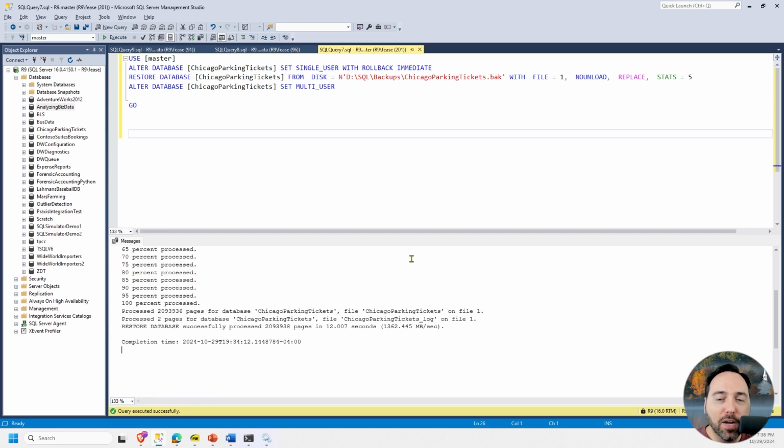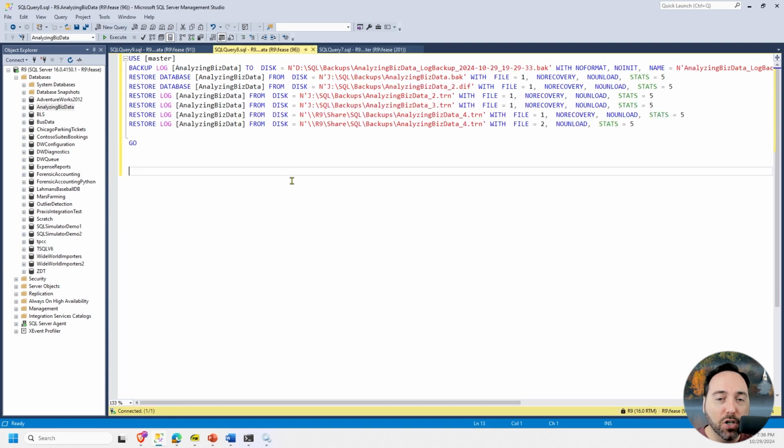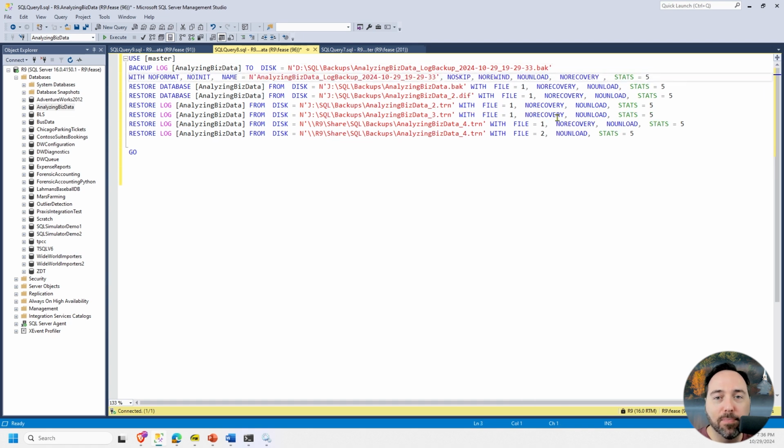This is the command we created to restore the Analyzing Biz Data database to its most recent log backup point, which was October 1st of 2024 at 7:11 p.m. and 42 seconds. The first thing we need to do is take a tail log backup, so that's why we have a backup log file here. We have talked about what these backup settings do in a prior video, so I'll skip down to the restore